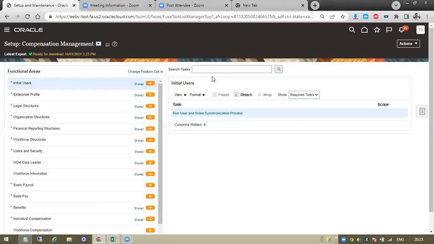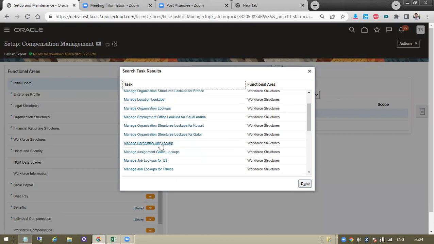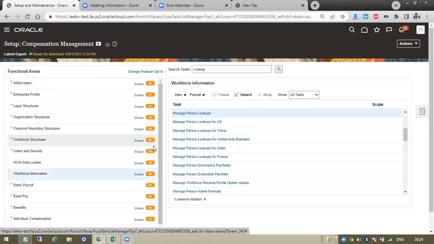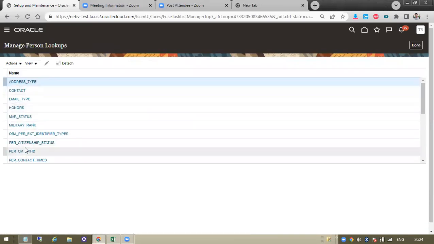Okay, manage lookups. This is all tasks, it is user friendly. Just you can search things. If it is not coming now, you can type here lookups only. So related field you can get in. So what are the lookups there? So I'm going to manage the person lookups. Person lookups. Yes. So personal lookups is nothing but it's coming to